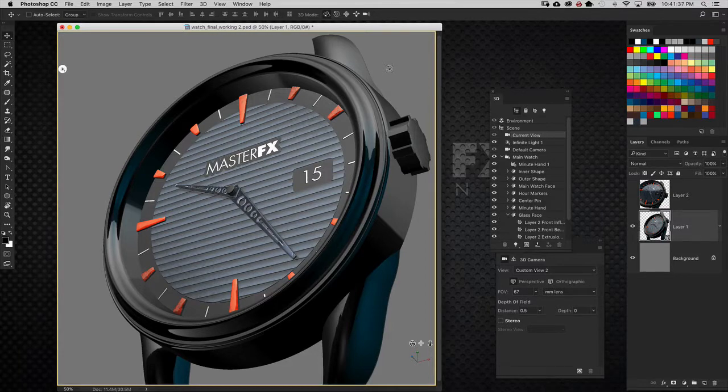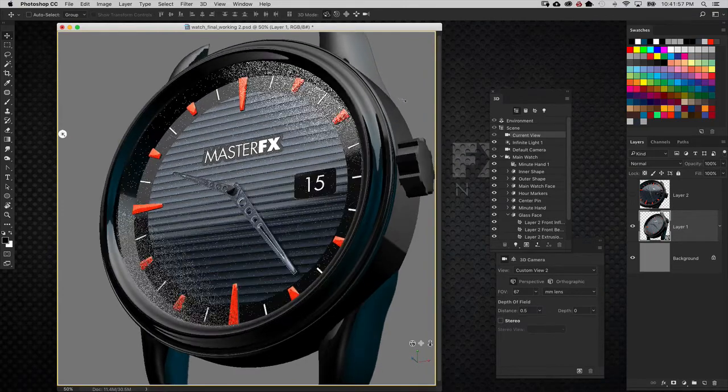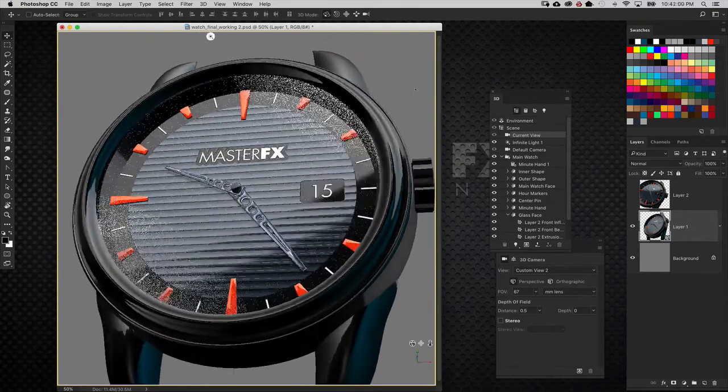Well, hi everyone, Corey Barker here, and I want to welcome you to the long-awaited 3D Watch project. This is an advanced 3D project we're going to do entirely in Photoshop CC, using just simple shapes and 3D here inside Photoshop. You can see what the result is going to be here, and this is the actual result from this course. And you're going to see as I move it around, it has very realistic surface and lighting